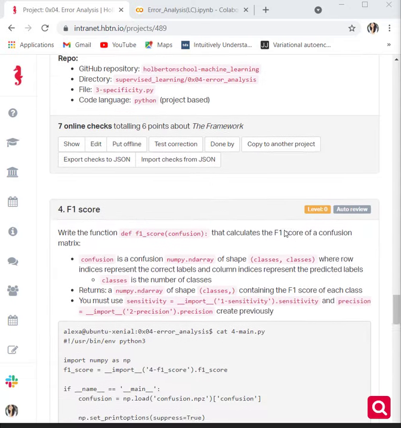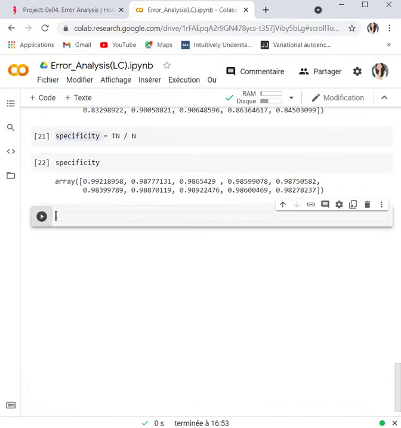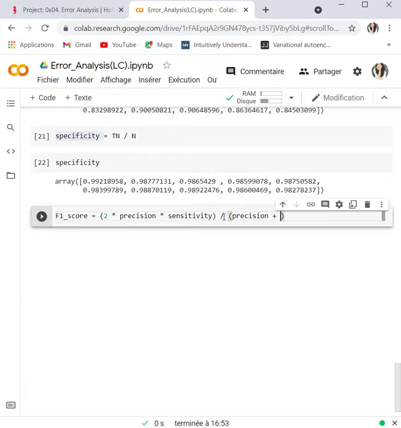Now for the F1 score. It's going to be 2 times precision times sensitivity, divided by the precision plus sensitivity.